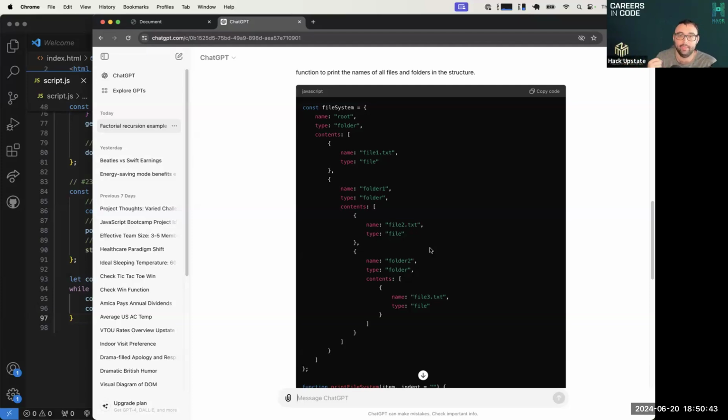So a very common data type for this is something like this, where we have the contents and we see the type, whether it's a file or a folder. If it is a folder, the folder will have its own contents that will either have files or other folders in it, right? So this data structure doesn't make a ton of sense, but when you start pulling it apart, you can very much visualize this, right? You could actually say, oh, I can read through this as a human and go create